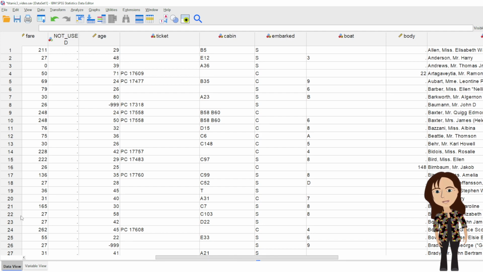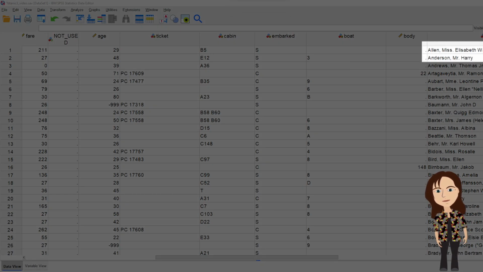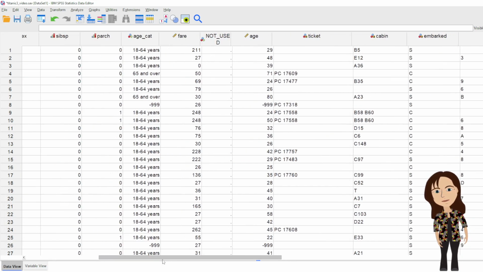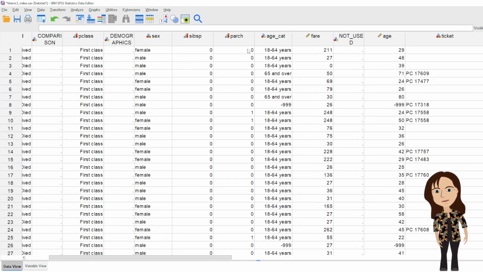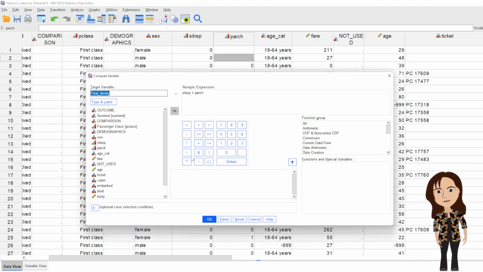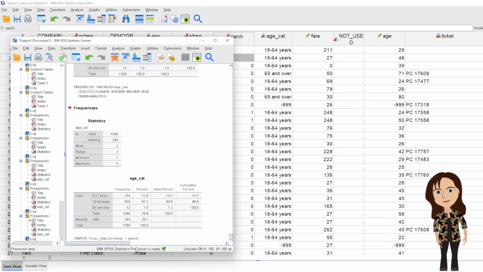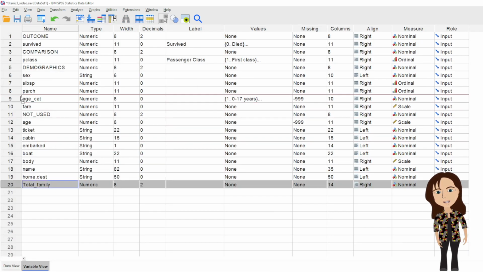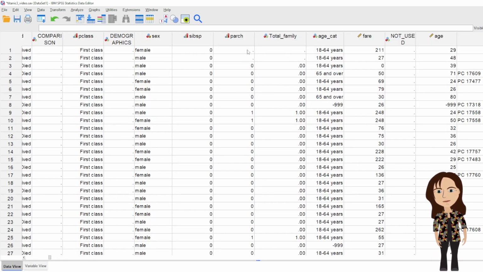Mrs. Elizabeth Walton. Let me take a snip of that just to check I don't forget who I've altered. Let's do two of them. I'm going to delete some of their data and then I'll add it back in. So the first two here, I'm going to remove their parents and children, and then we'll watch what happens when I add them up. So I'm going to run the compute variable again. I'm going to move this up so we can look at them side by side. And you can see that because it was missing one of them,